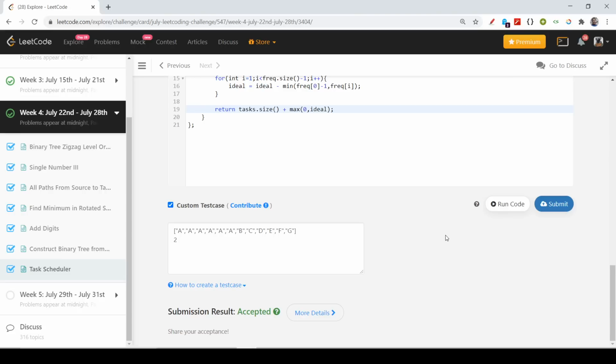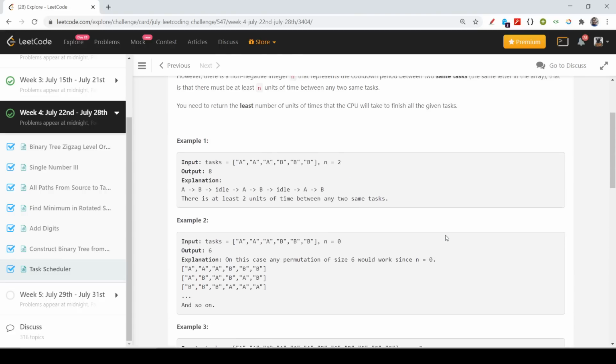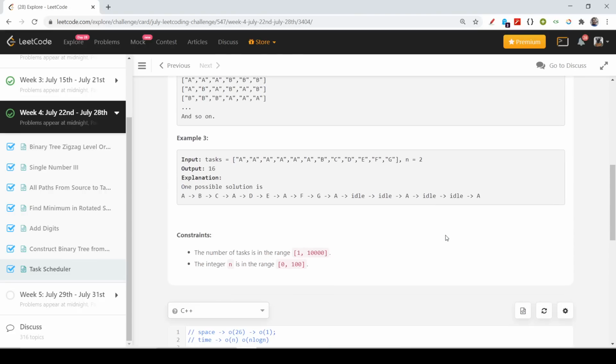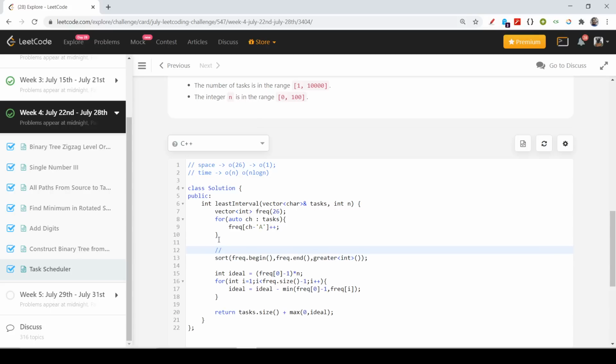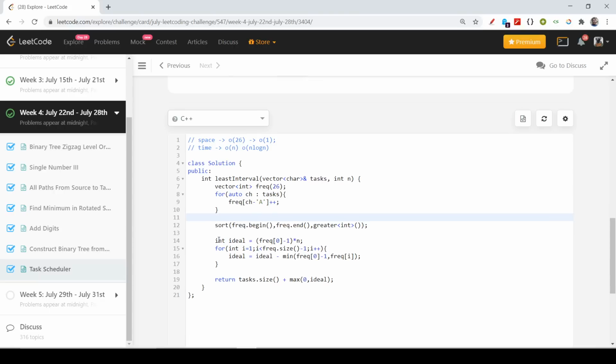I hope that you guys have understood the problem and also the approach and the solution. I'm again saying that you can also do it in O of n, because the only thing you need is the frequency of the maximum element. You can also find it in O of n by running a for loop just before this thing. So you can optimize it further.